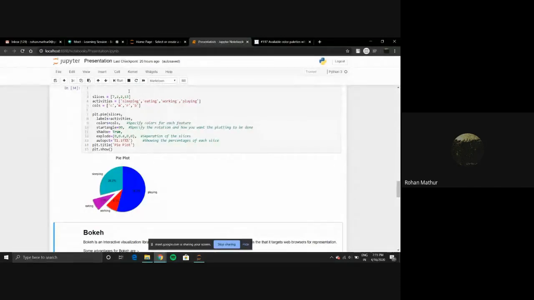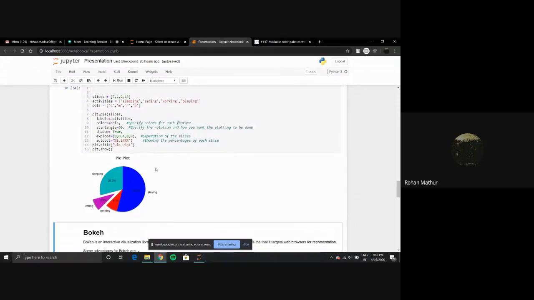If I had more activities here, suppose in this line 4, I had 10 activities like sleeping, eating, working, it would be difficult for me to represent it in a pie plot, and hard to visualize it. And one more point is that making decisions on this can lead to inaccurate results and conclusions for the modeling, or whichever project you're working on.